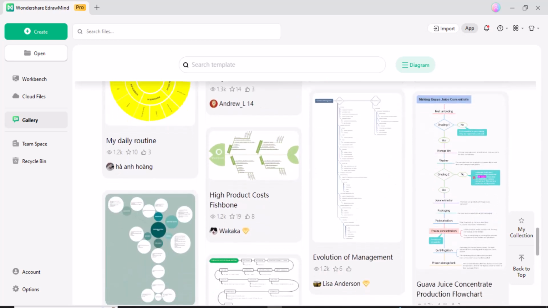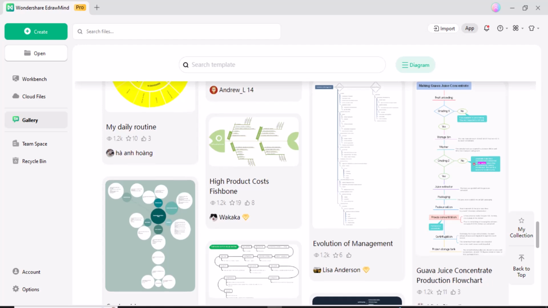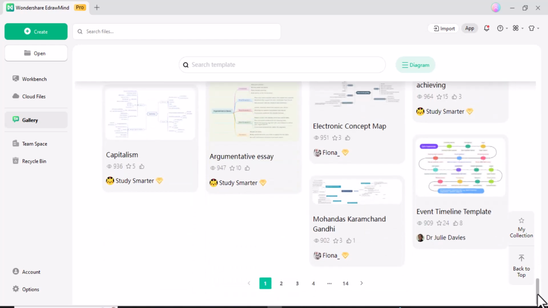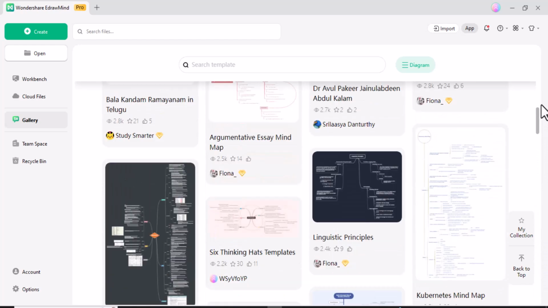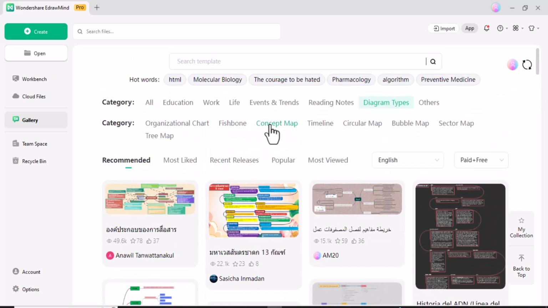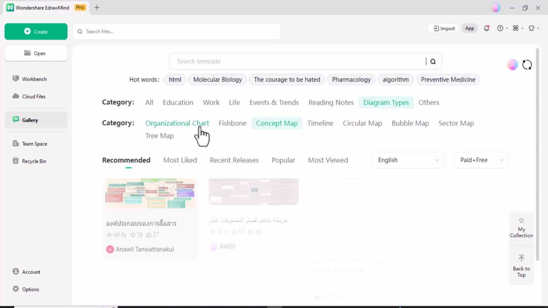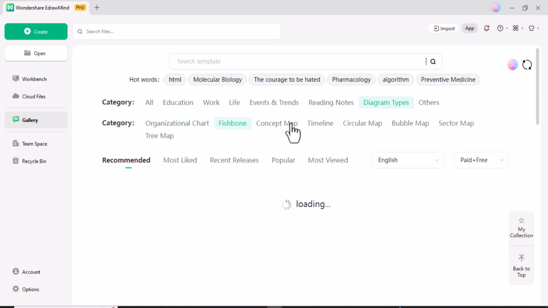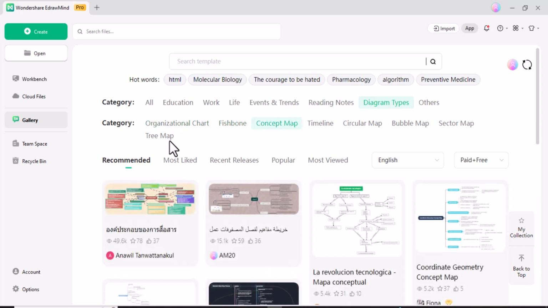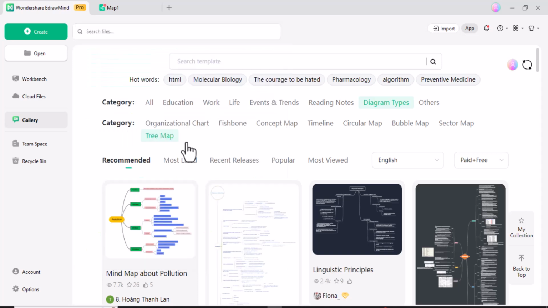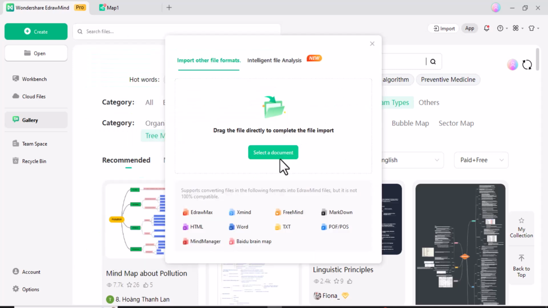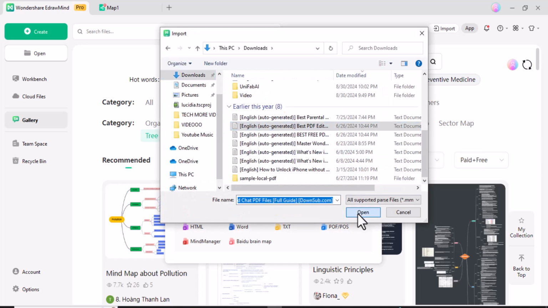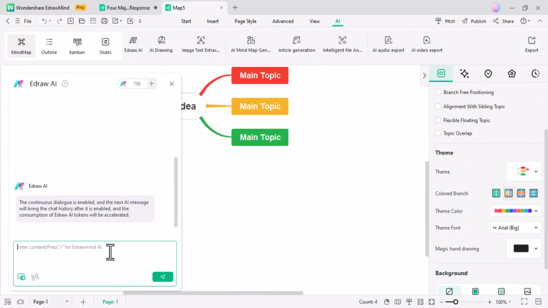and cross-functional flowcharts for mapping business processes, swim lane diagrams for organizing tasks by team or department, organizational charts and family trees, comparison diagrams and spider charts for visual analysis, Gantt charts and Kanban boards for project management, network diagrams for IT infrastructures. Whatever your project or industry, there's a template here for you. And if you are transitioning from Microsoft Visio, you can import Visio files and edit them directly in eDrawMind, making it a seamless experience.